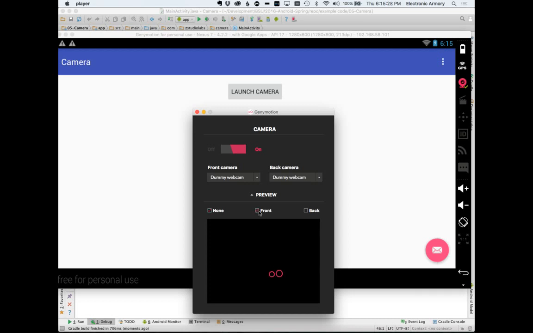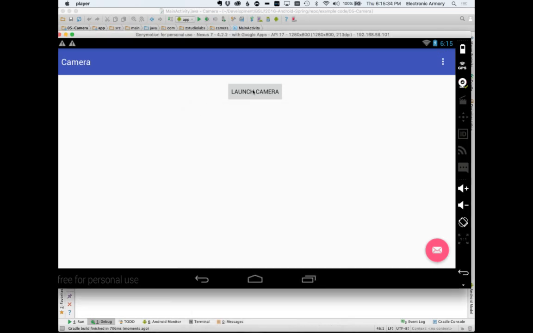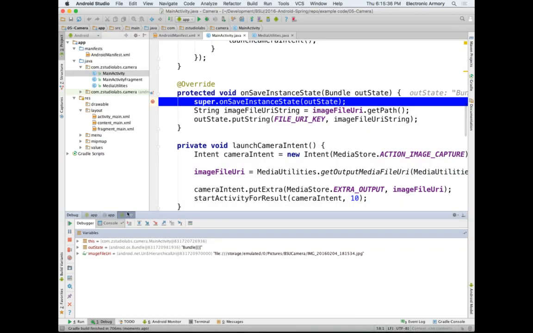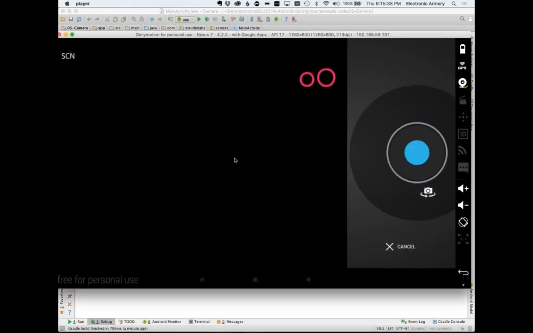Preview. Yeah, so you should be seeing this little dancing Genymotion icon. Go ahead and cancel that. Launch the camera. Okay, there we go, I saw it. I don't know what I did, I just restarted the Genymotion emulator, so this is what you should see. And at any point, let's say right there, we can take a photo, hit done,